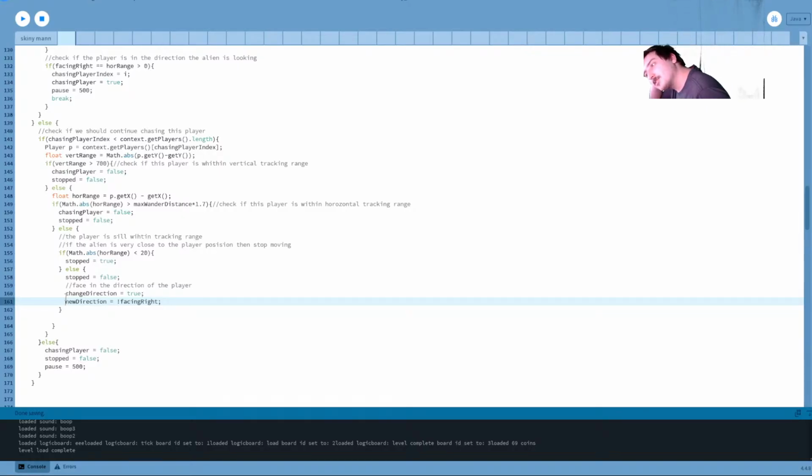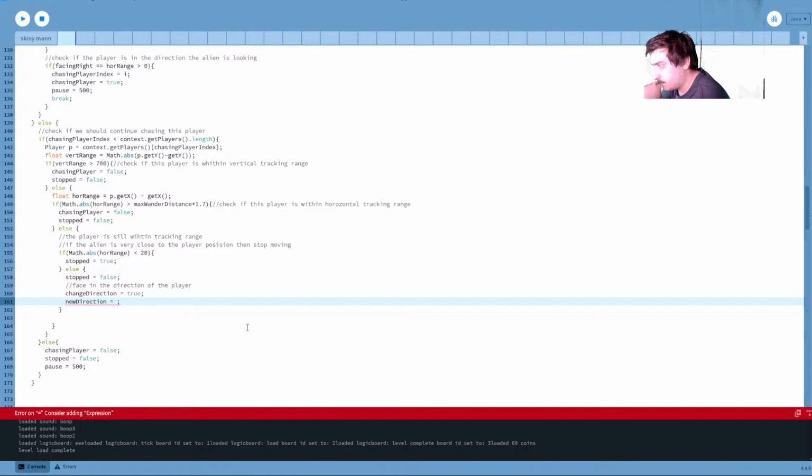This is mostly just a thing so that it happens. Actually, I might not even need the new direction thing. I could probably just always have it set the facing direction based off what new direction is set to. But oh well. So we're not just going to care about what facing right is here. So this will take one cycle of delay before it actually updates, but that's fine, probably.